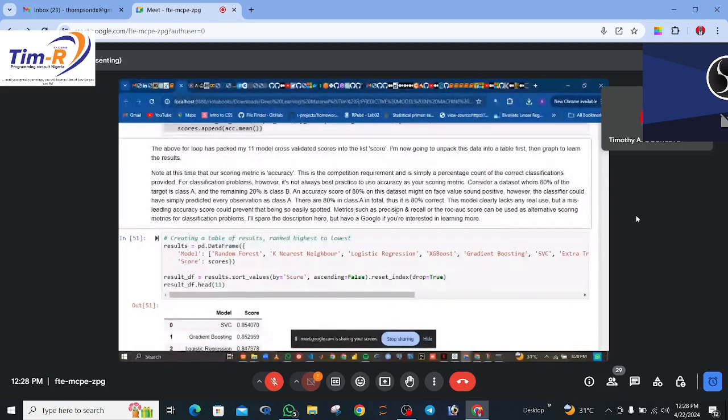Metrics such as precision and recall, or the receiver operator curve score, can be used as an alternative scoring metric for classification problems. This is very important. You need to take note. Using accuracy score alone is not good enough. There is a reason why we say this: if we have an imbalanced data set, for example, where 80% is class A and 20% is class B,